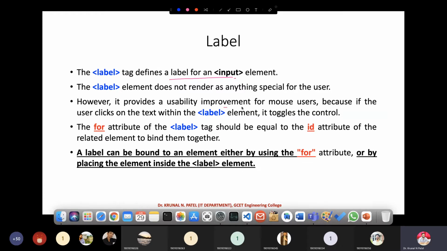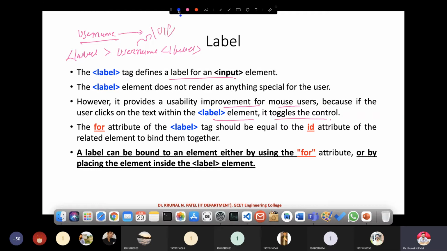However, it provides a usability improvement for mouse users: if the user clicks on the text within a label element, it toggles the control. Suppose I am writing here username, that is going to be displayed as username. If I write a label and then a username, the output will be the same for both.